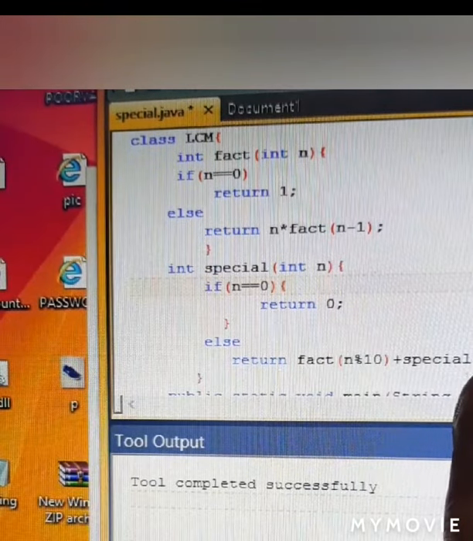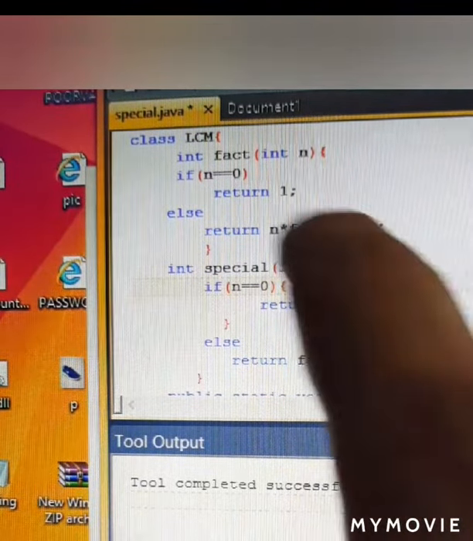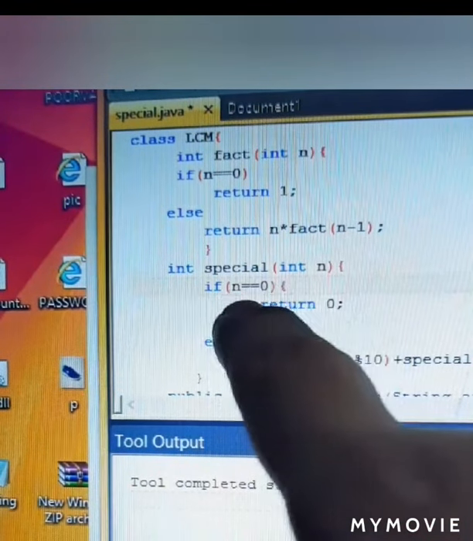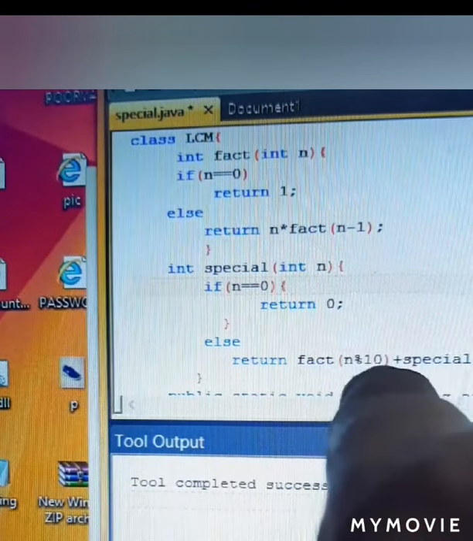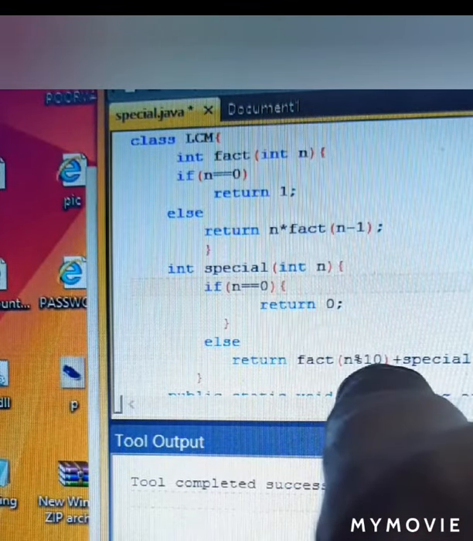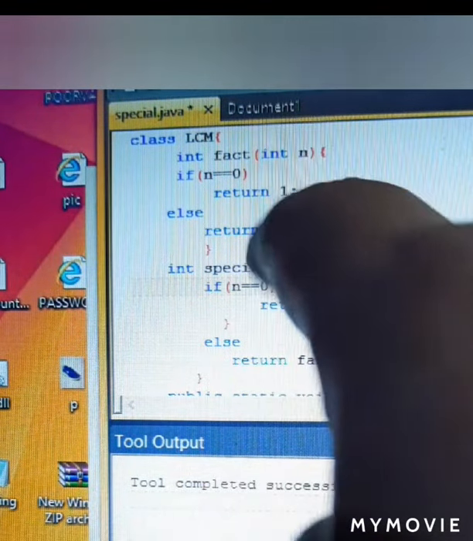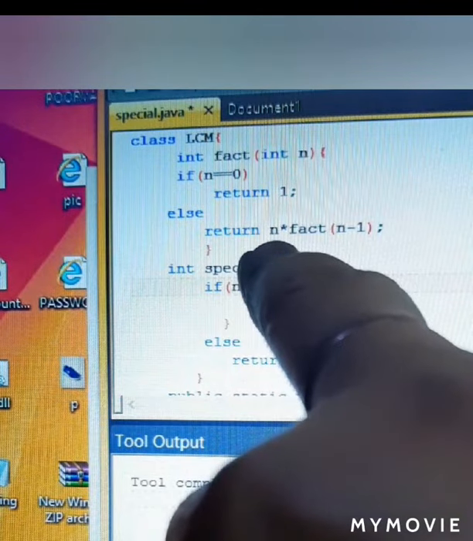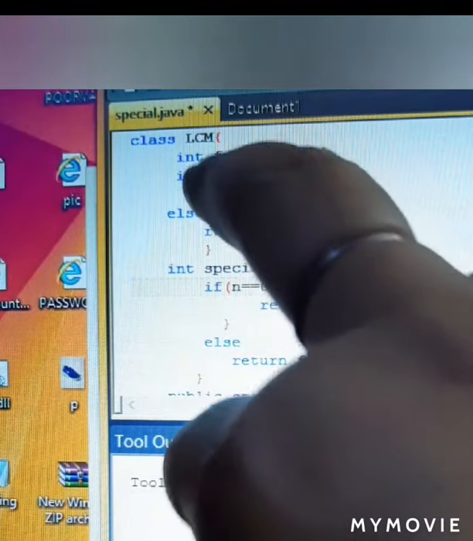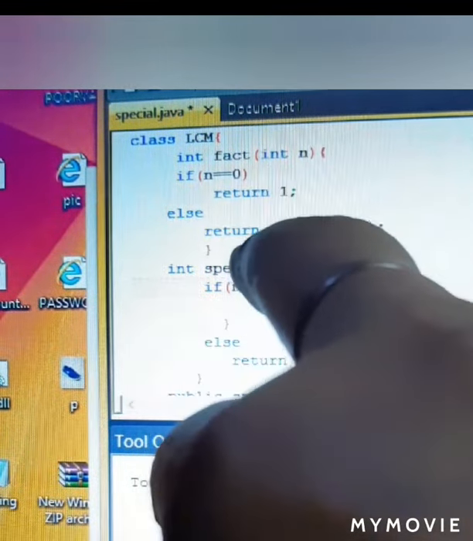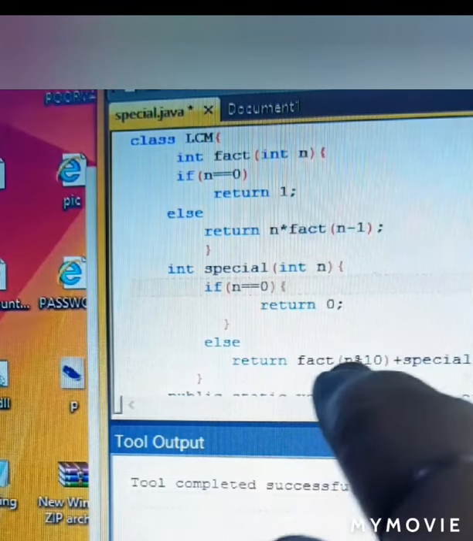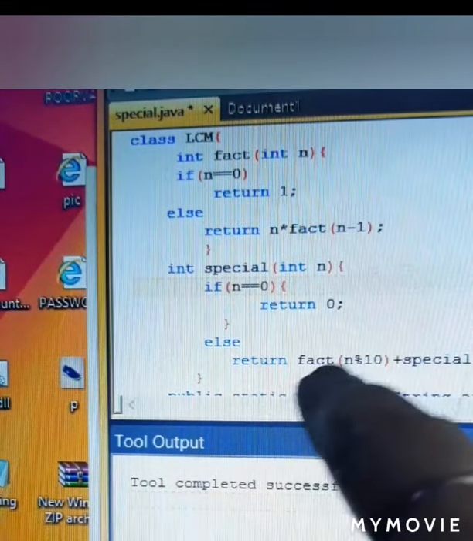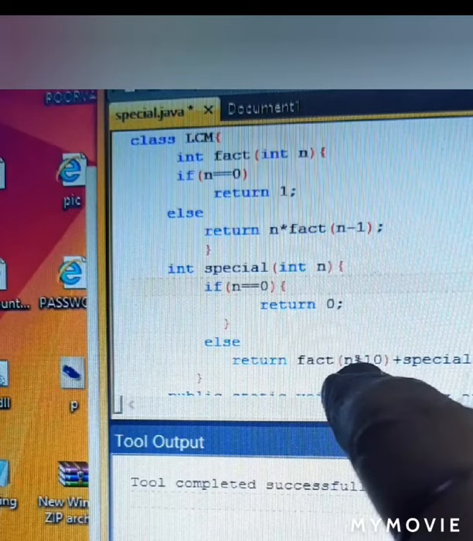Then the quotient 1 will be sent to the special function again. 1 is 0, no. 1 mod 10 will naturally give you 1 as a remainder, which will be sent again to the fact function, where the factorial of 1 will be only 1. Because 1 into, then you are sending 0. 0 again is returning you 1. The 1 into 1 is 1, which will be again returned here, where already we have got 144 plus 1